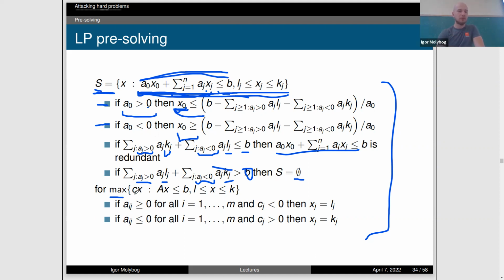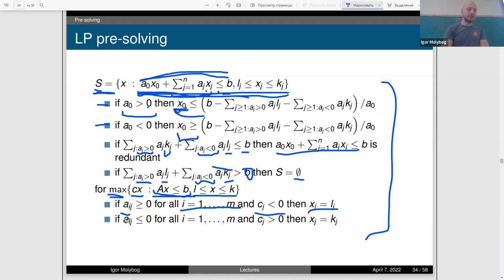problem itself. For example, a maximization problem based on the objective value function as like Cx, with a set of inequalities Ax less than or equal than B, and X being bounded between the two vectors L and K. And then if Aij is greater than or equal than 0 for all of the inequalities that participate in the main part of the constraint, and Cj is less than 0, then you can just safely assume that Xj must be equal to Lj. And